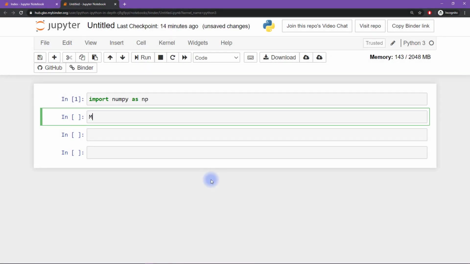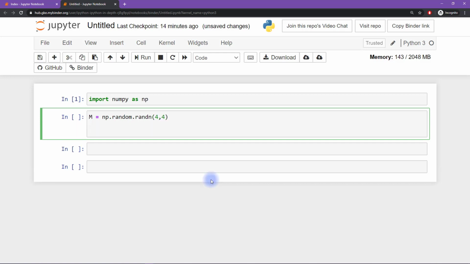So I'm going to start by creating a random numbers matrix. I happen to like random numbers matrices. I use them all the time. So let's make this 4x4 random matrix and call it M. Maybe I'll call it A just for a little bit of variety. So now I'm going to create A inv. That's going to be the inverse of A. And that will be